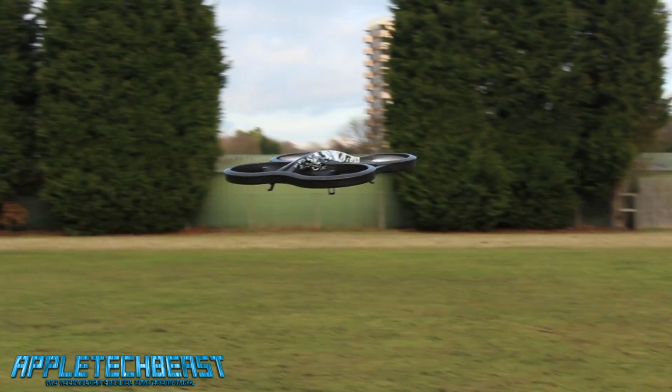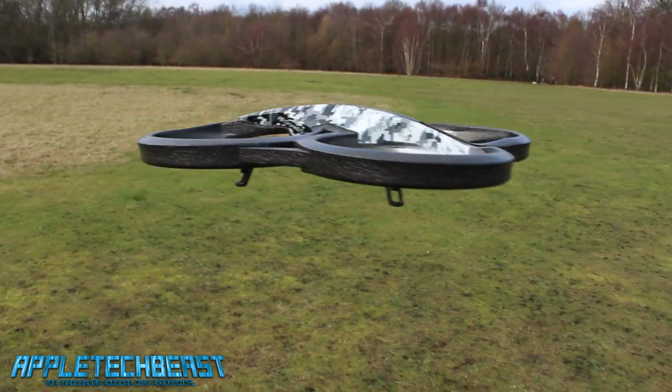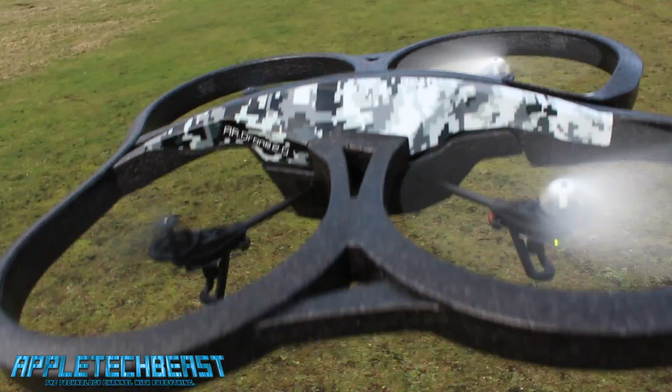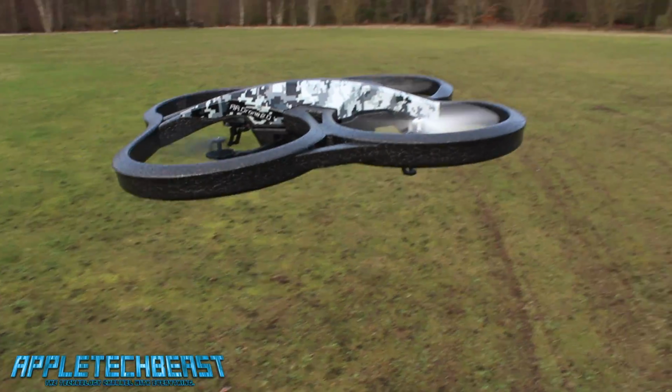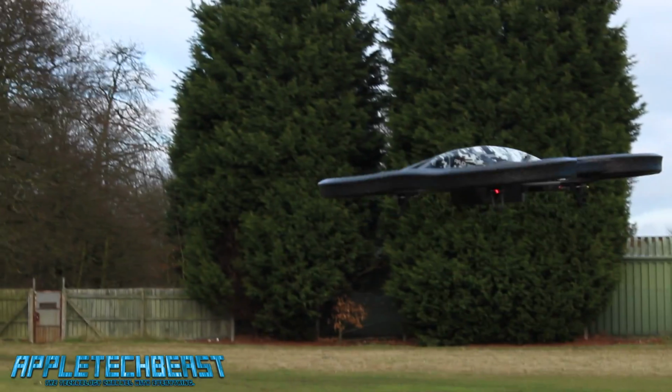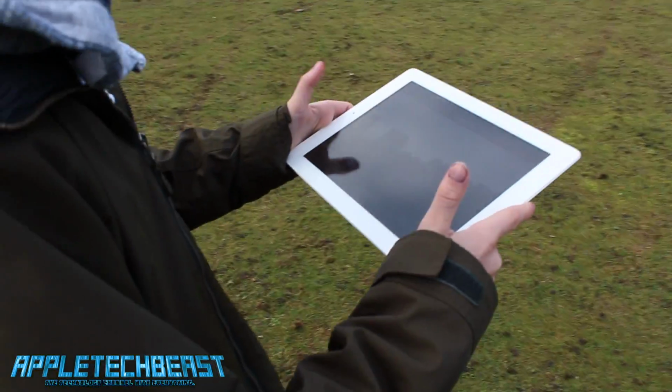And this thing goes incredibly fast, because in the settings of the app, once you connect the drone and go into the app, you can change all the settings and preferences for it, and you can change how far it tilts forwards when it's going forwards, and that adjusts the speed of it. And if you go fully forwards on the sticks, or if you tilt your iPad fully forwards to control it, it's crazily fast, and it moves